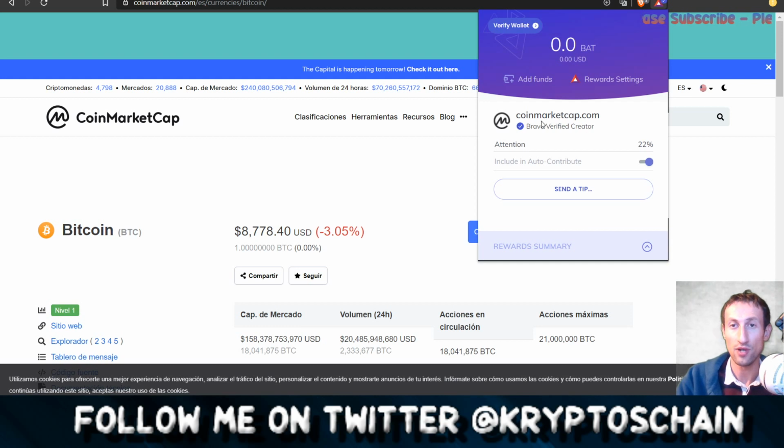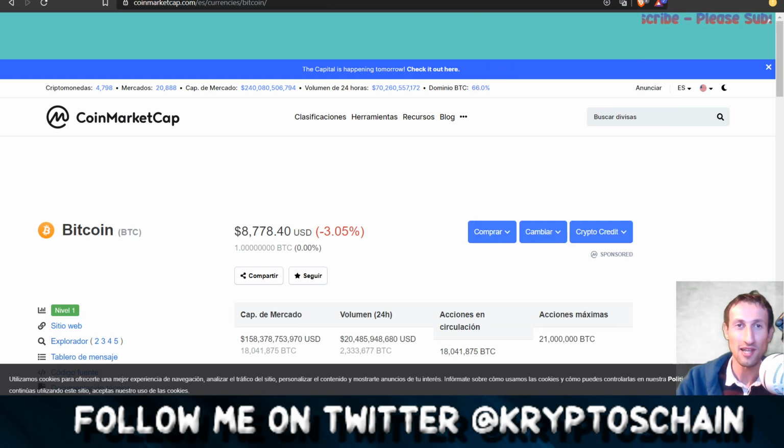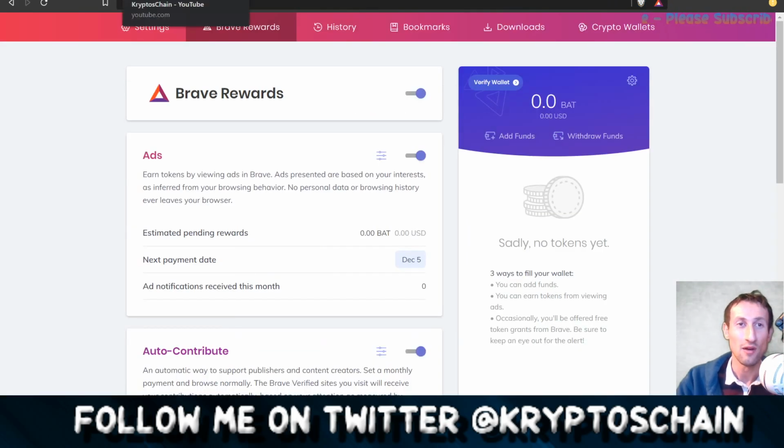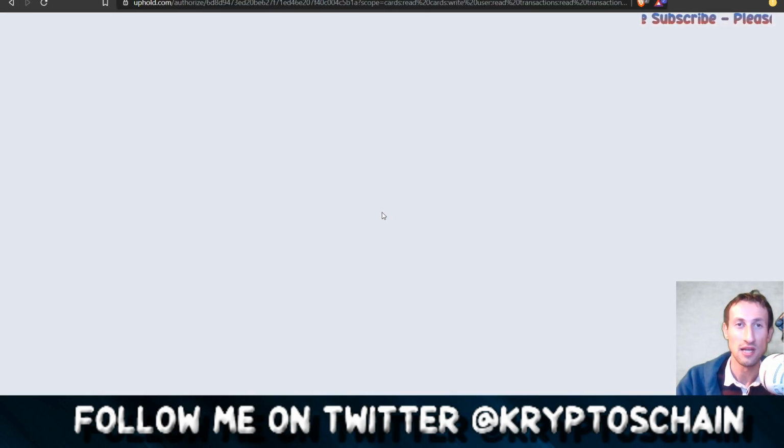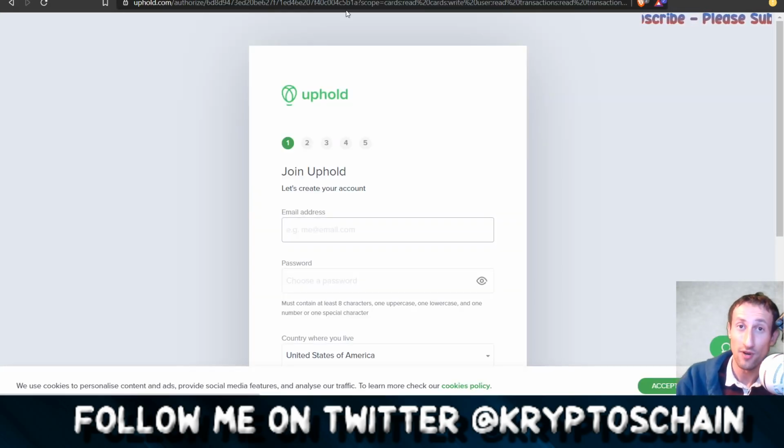Brave verified creator, CoinMarketCap. So even CoinMarketCap are verified by Brave. They're actually using Brave browser as well. So that's pretty cool stuff right there, right? You can send a tip if you want to CoinMarketCap, who already have a lot of money, right? So this is pretty much how you use it. This is very basic. You can withdraw your funds. Again, you need to verify your address if you want to withdraw. You cannot withdraw until you